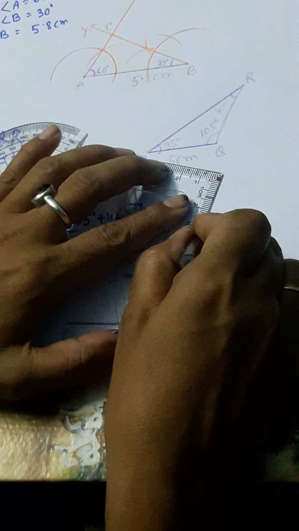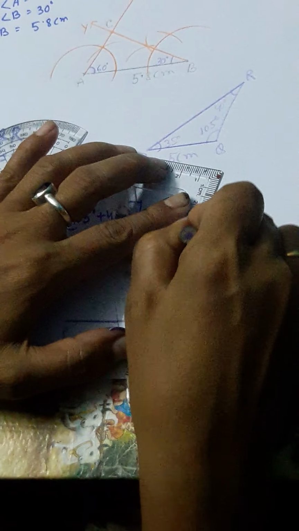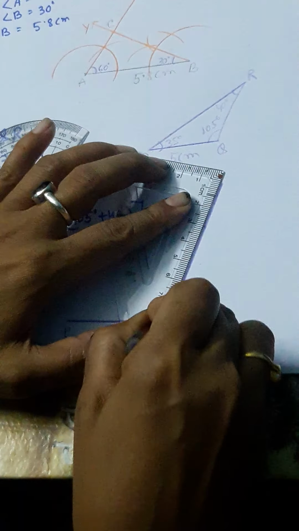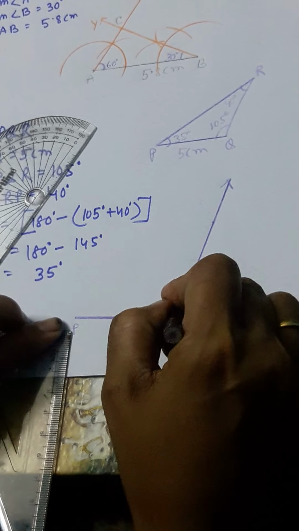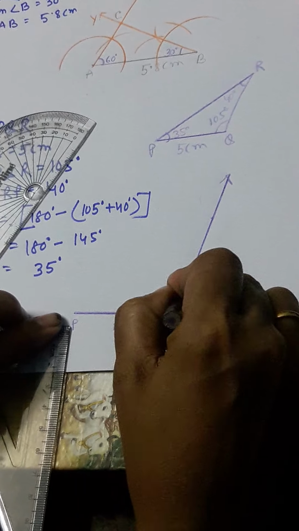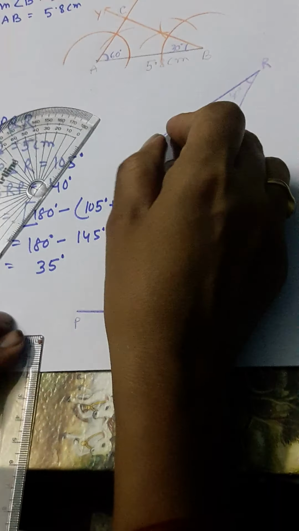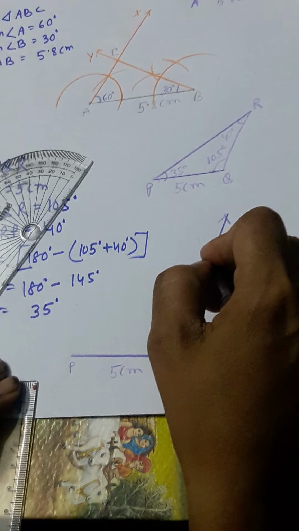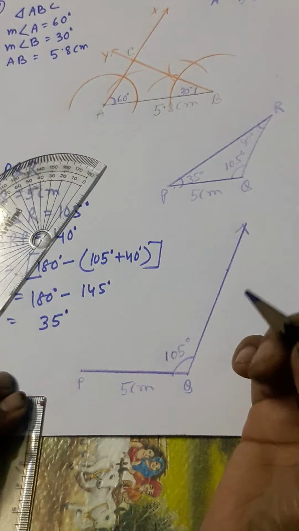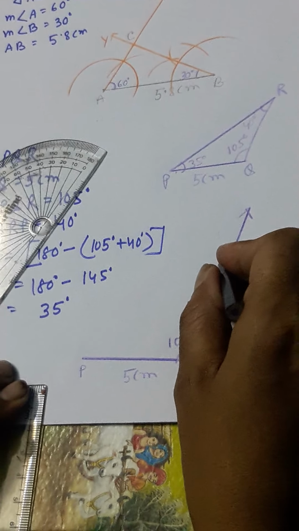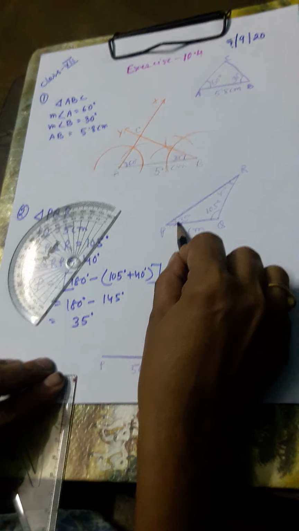Here I have got angle PQR. I don't know where R is, so its measure is 105 degree. Now the third angle: I don't know where the point R is, because the length of QR is not given over here, so I cannot construct angle R. So first I have to go for the third angle,